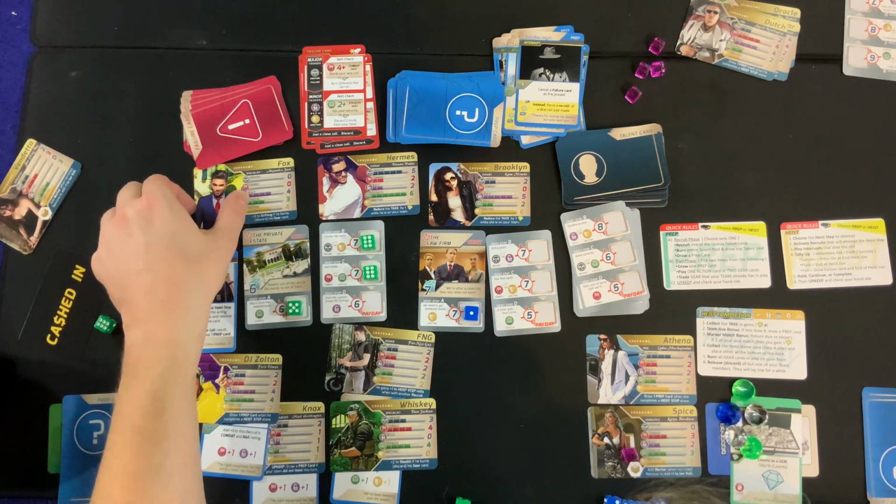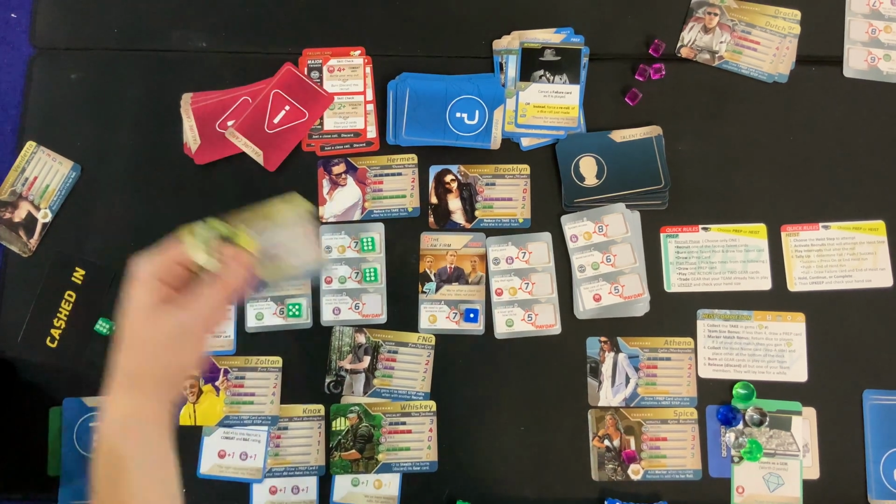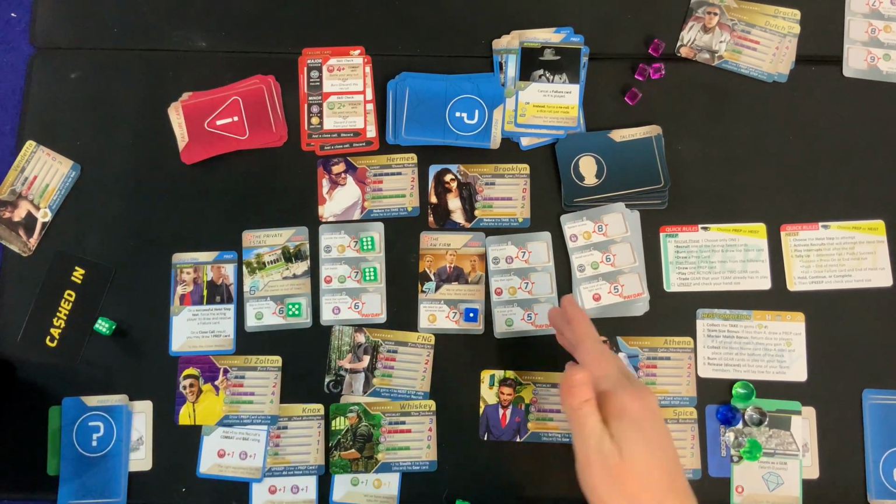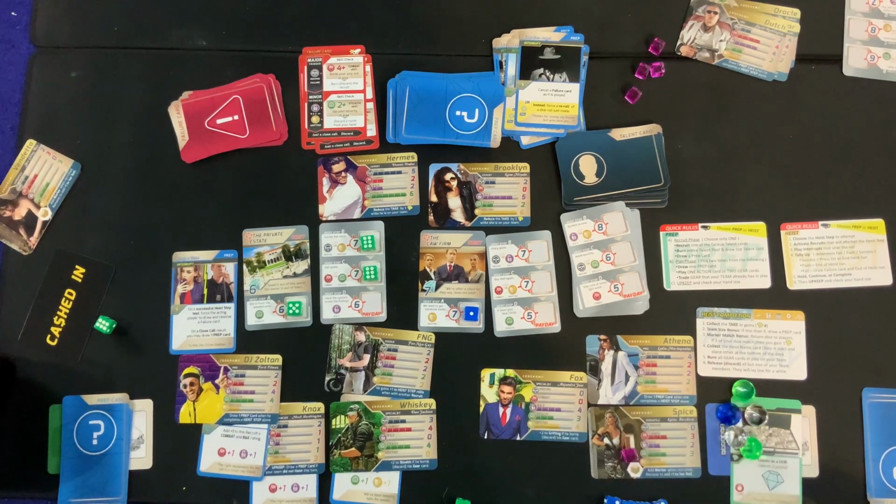And stealth, do we have anybody who's really good at stealth? Ooh, yeah, I think we can pull this off next time. So we're going to get Fox here, +2 to grifting. That's going to be good because we're going to go grifting pretty soon. And other than that, heist completion, we're just going to...